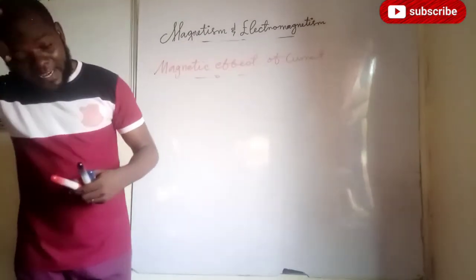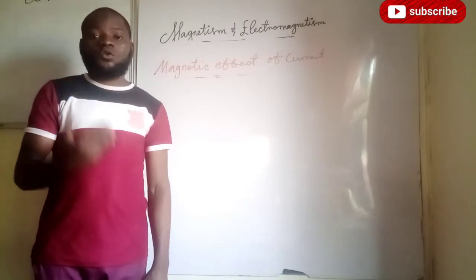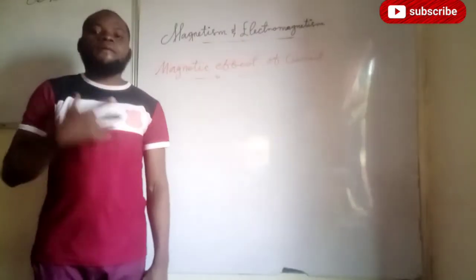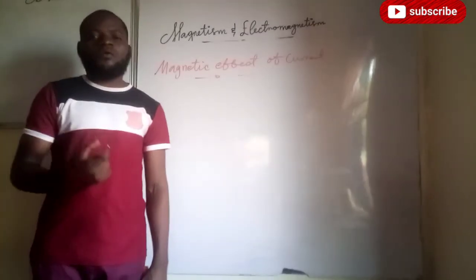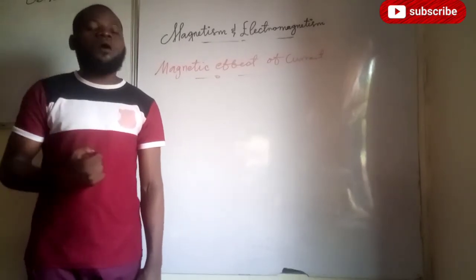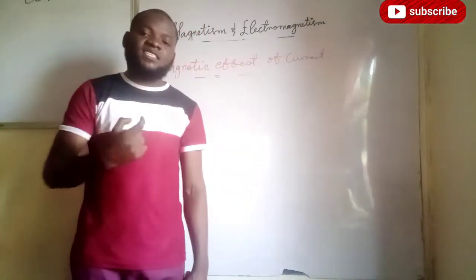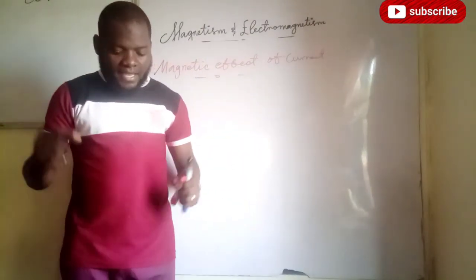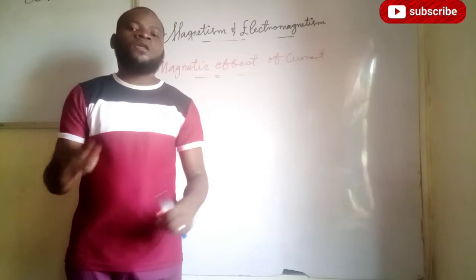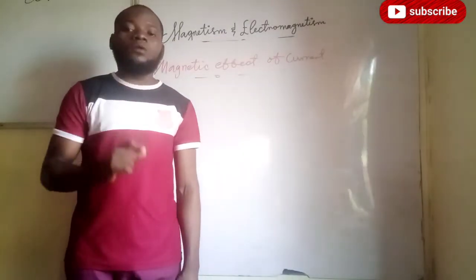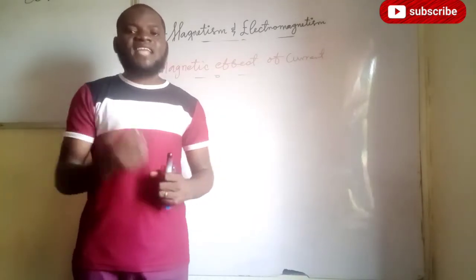Now, when you talk about the magnetic effect of current, like I said earlier, magnet was discovered centuries before we came about current. We discovered electric current in the 1700s. But when they discovered current, they treated current and magnets separately. That is, electric field and magnetic field were not treated together. We treated them separately until a scientist called Oersted in 1820 discovered that by the time you place a magnetic compass